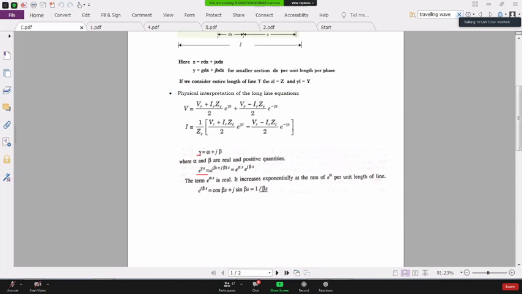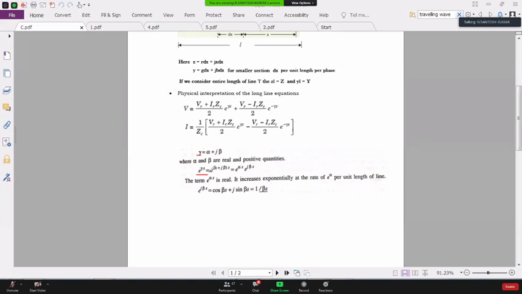I want to clarify one point from your side: here we are measuring the distances from which end, which end are we taking as the reference point? I want an answer from your side. Yes, please. Receiving end, we are taking the receiving end as the reference point. That is a very important point, because you are supposed to know that you are moving from the receiving end to the sending end, since you are taking the receiving end as the reference point.